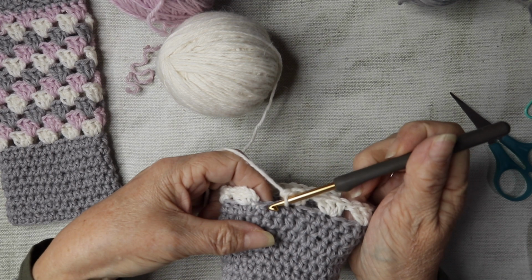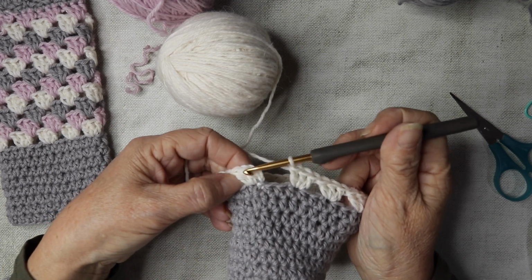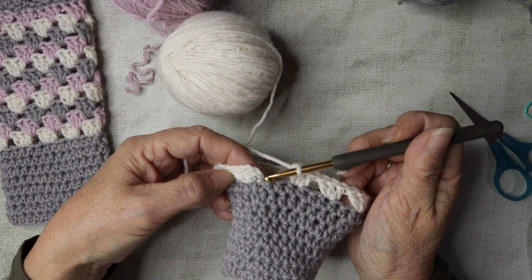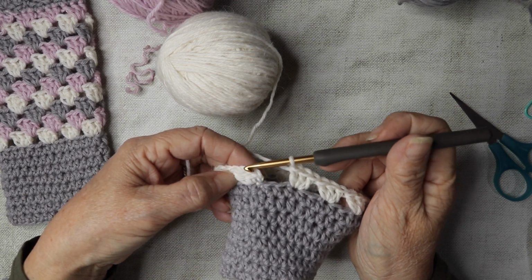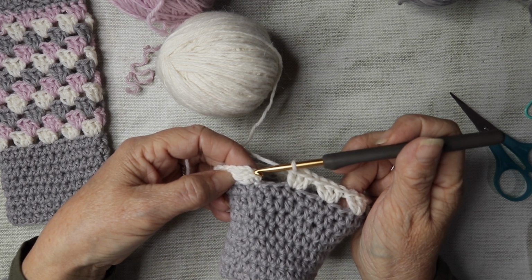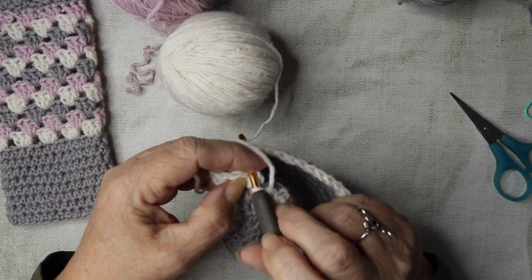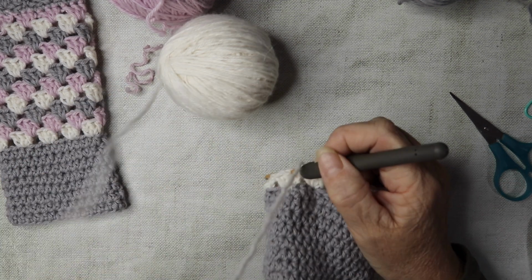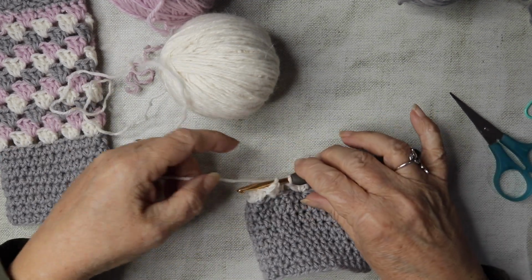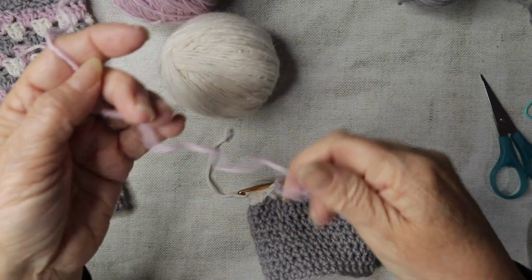And we're left with 2 left, so obviously we're going to skip the 2, brings us to our first set of trebles, and don't forget that 3 chain that we did at the beginning classes our first treble, so we just need to locate the 3rd chain, so 1, 2, 3, insert your hook into that 3rd chain, and we're going to change colours. So I'm just going to snip my yarn and insert this lovely pink,